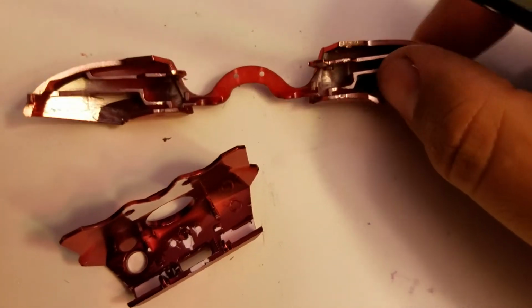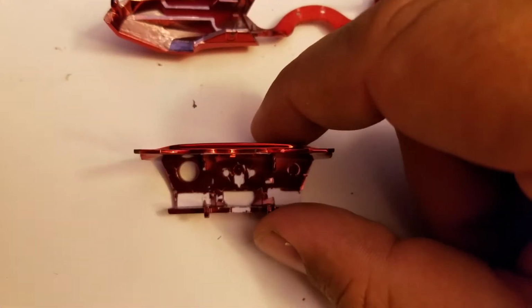Originally, I was having a problem getting this to lay all the way back into the housing. I shaved those, it went all the way back. The problem was, now it slides back and forth, and hitting one bumper causes the other bumper to pull over. So I had to get another assembly, shave off, or shave down